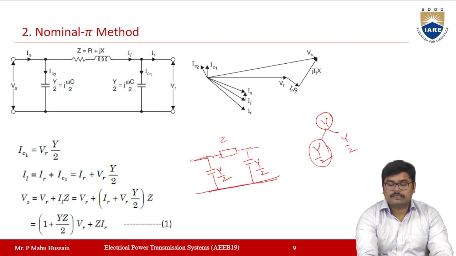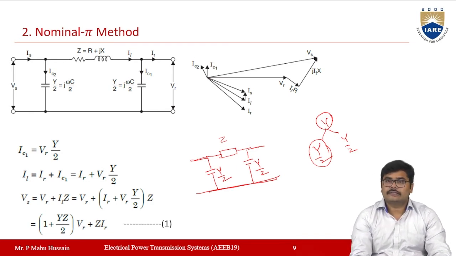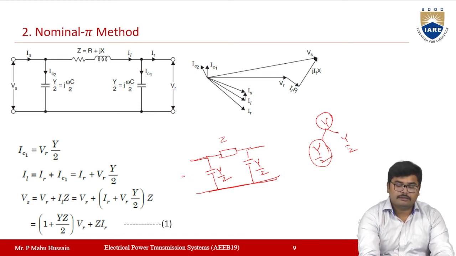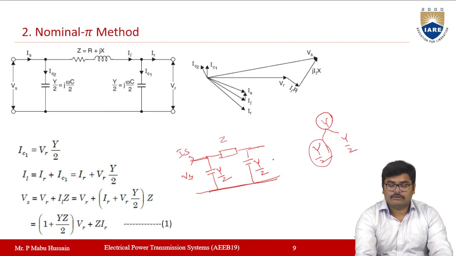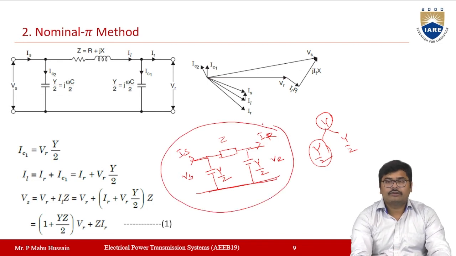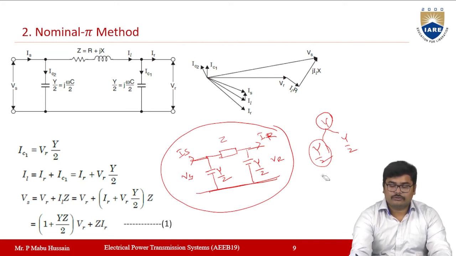Now if you see here, this network looks like a pi. Okay, because of that reason, this method is called the nominal pi method, right? Here you will have the sending end voltage and sending end current, and at the receiving end you will have the receiving end voltage and receiving end current IR. Okay, so this is the equivalent diagram for a medium transmission line in terms of the nominal pi method. Now by using this nominal pi method, how you can obtain the modeling of these lines in terms of ABCD constants, let us see now.